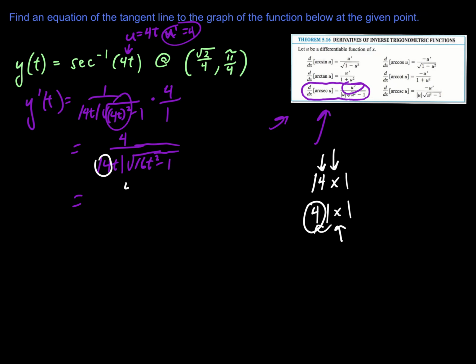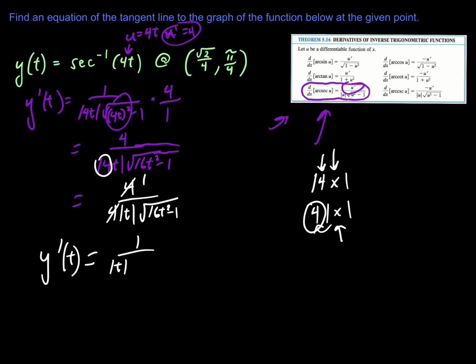So what we can do is this. The only thing we have to be concerned about is the thing that's changing. Sometimes if it's a negative, we need to be mindful of that. But the 4 does not impact the absolute value piece of it. And here we have this, and that's just going to make our numbers a little bit smaller and easier to work with. I could put a 1 over there. So now we have the derivative in terms of t is 1 over the absolute value of t times